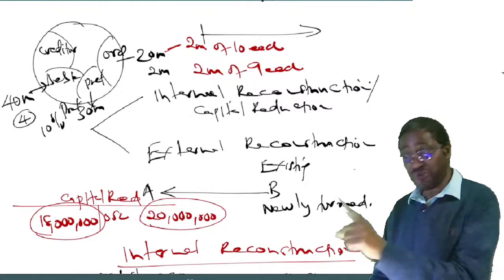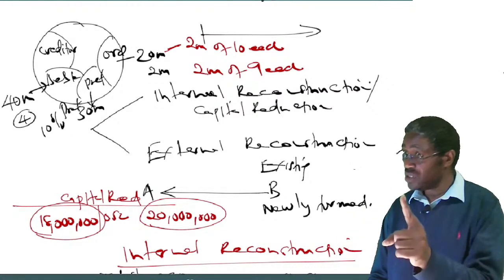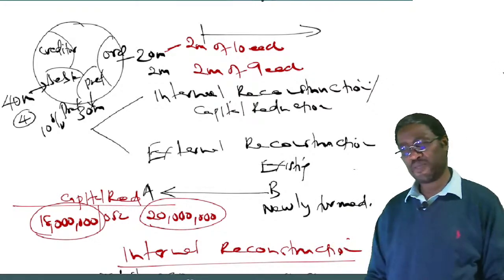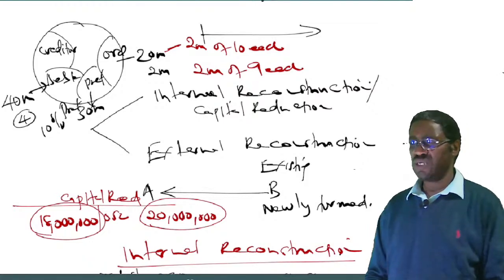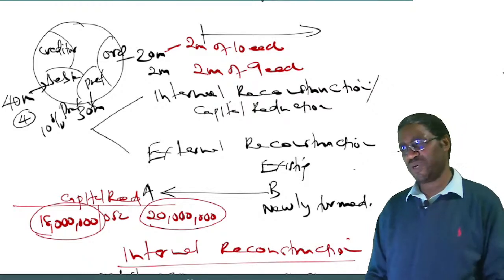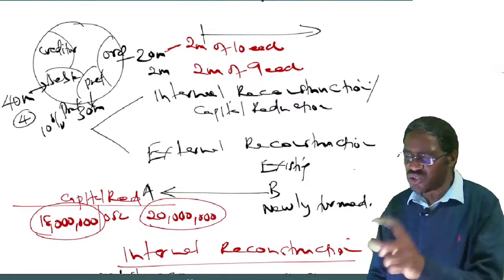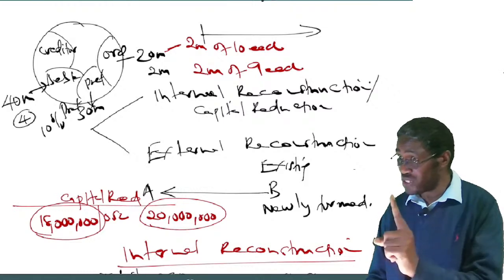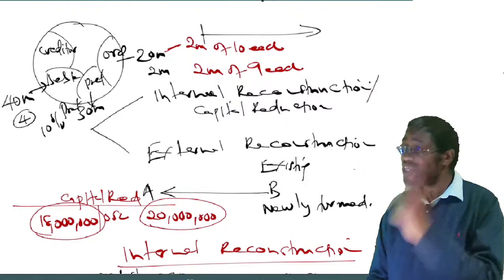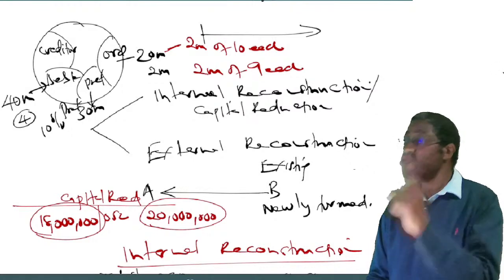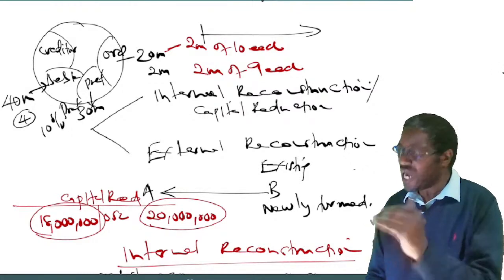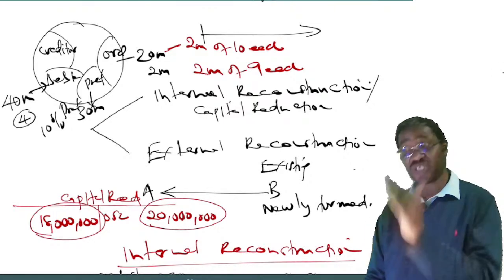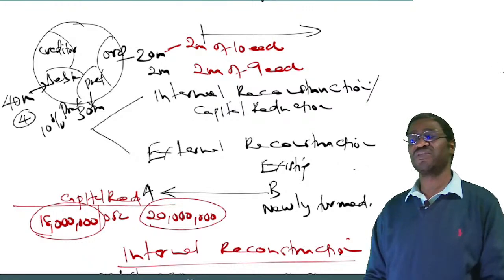Who? These preference shareholders. In other words, there is what we are calling preference dividends in arrears. So the question is this: if you go to the balance sheet of this company, will you find that 6 million in the books as a liability? No. In other words, preference dividends in arrears do not appear in the books as a liability.